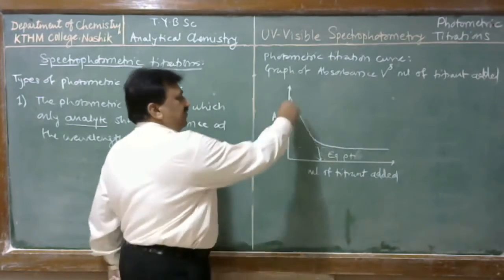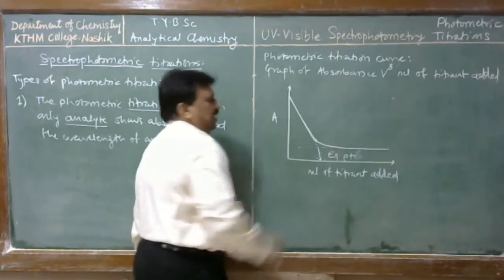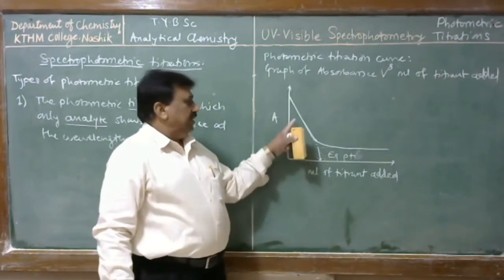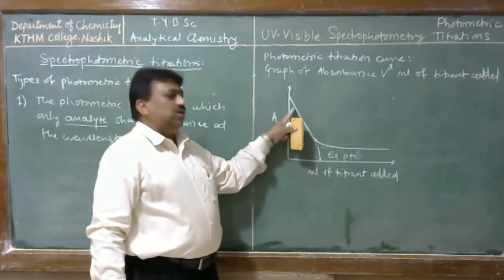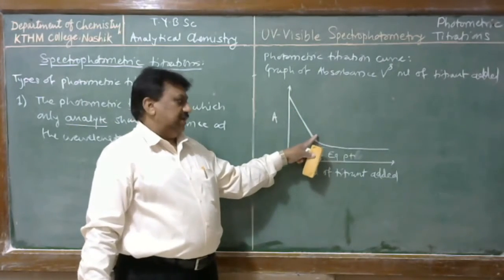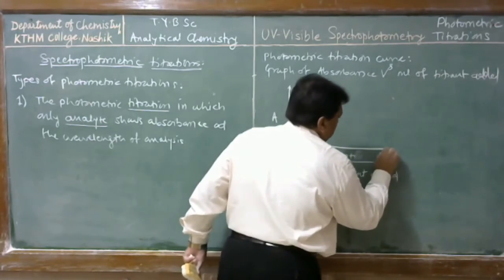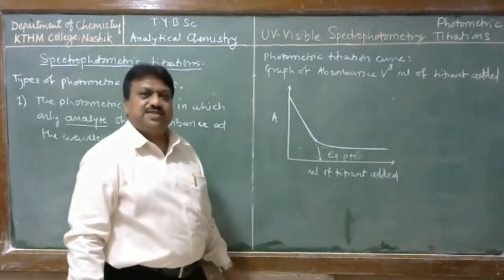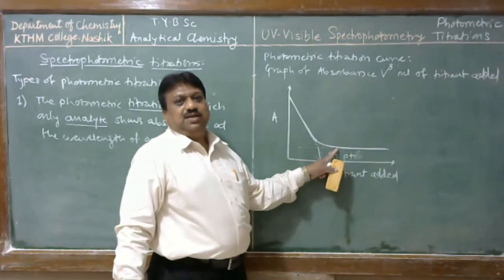Here, the decreasing absorbance is because the analyte concentration decreases as we add the reagent or titrant. When titrant is added, the analyte is converted into a colorless product. And after completion of the reaction, absorbance is constant because the reagent does not absorb